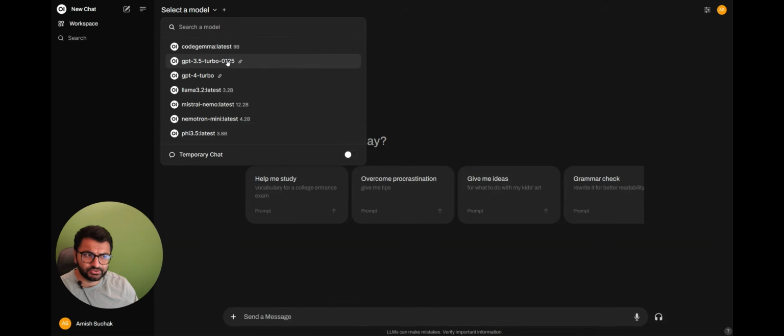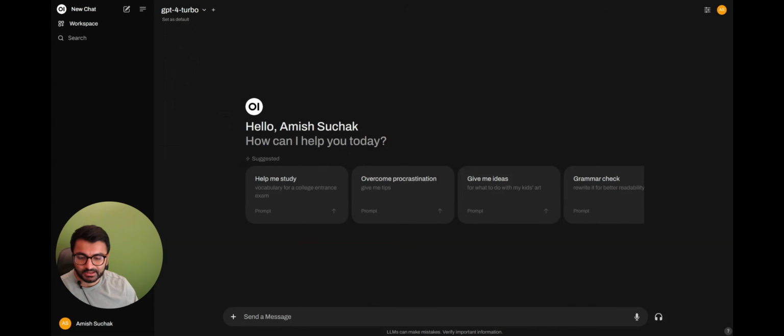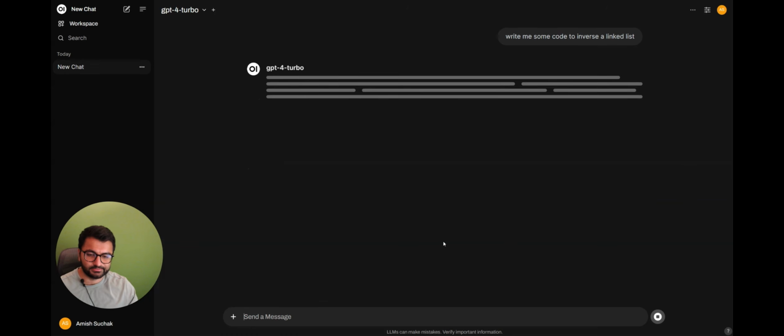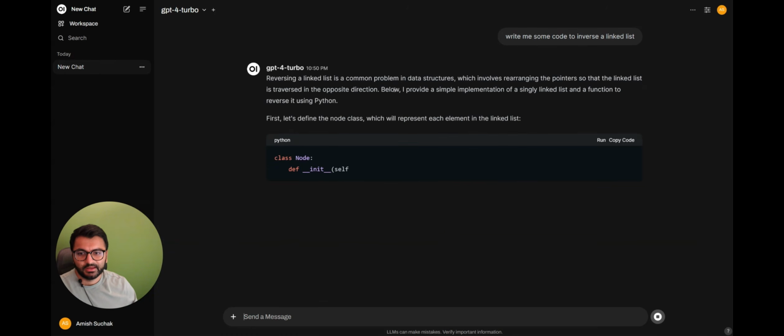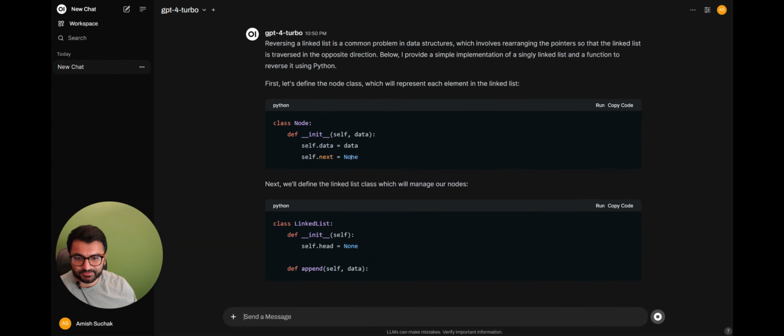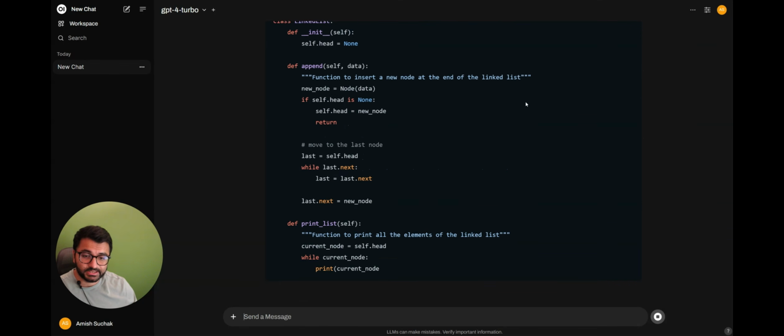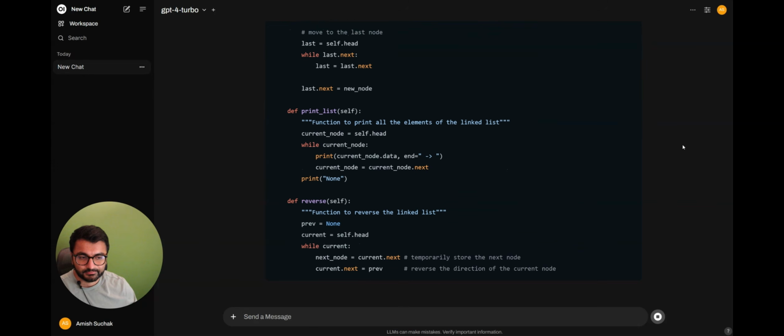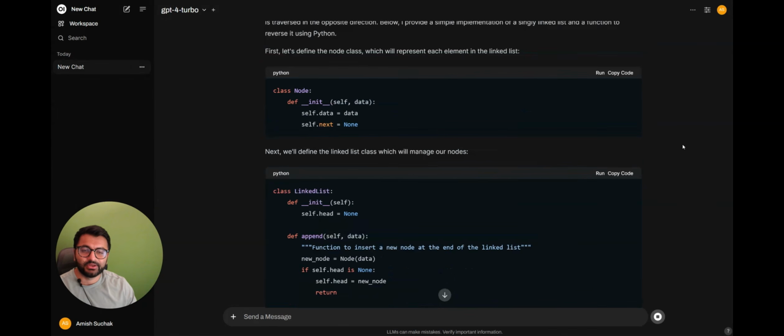So say that I wanted to use ChatGPT 4. Now I can just use it just like how I would usually use it on the ChatGPT interface. So for example, write me some code to inverse a linked list. And here we can see that we get this response that comes in from GPT-4 Turbo. So this is how you can basically use the OpenAI API to call all of these